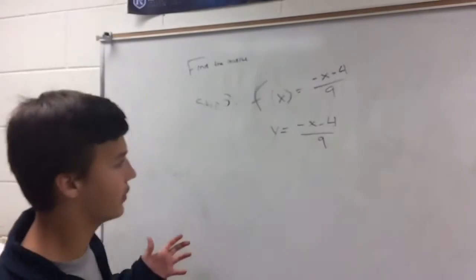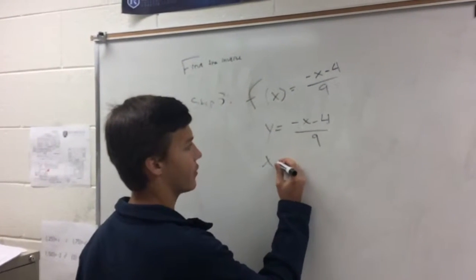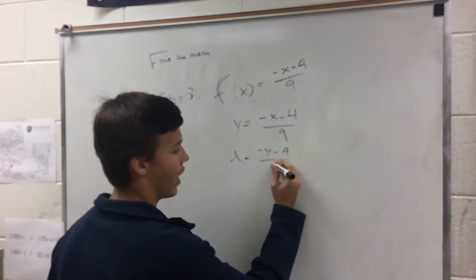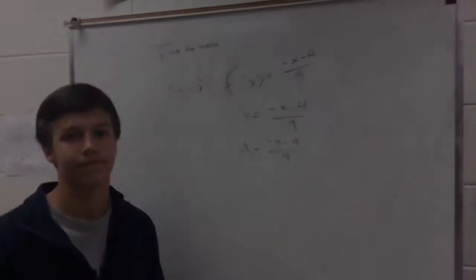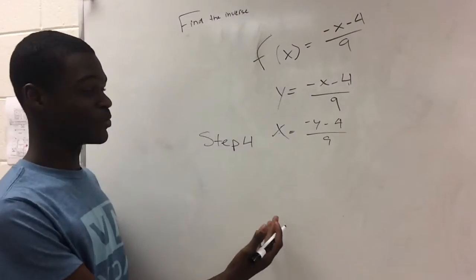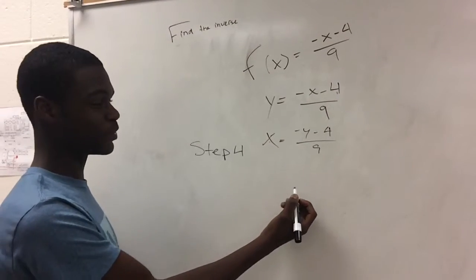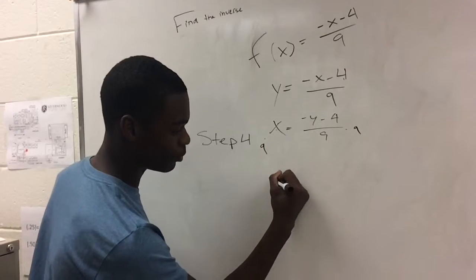Next, we're going to flip the variables. So it becomes x equals negative y minus 4 over 9, and as you can see, the negative stays on the same side. For step number 4, you want to try to get y by itself. So we're going to multiply both sides by 9. And then you'll have